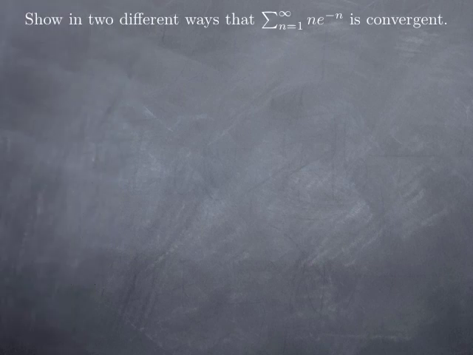Now one more example where we're looking at the convergence of series, and we want to show in two different ways that the series from 1 to infinity of n e to the negative n is convergent. One of the first